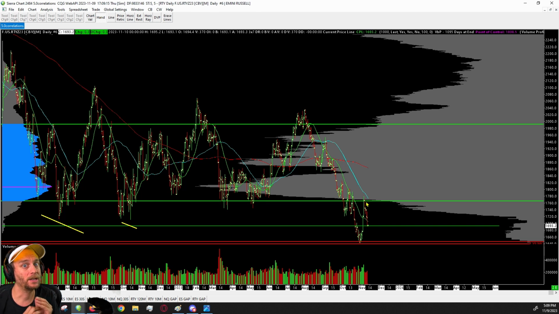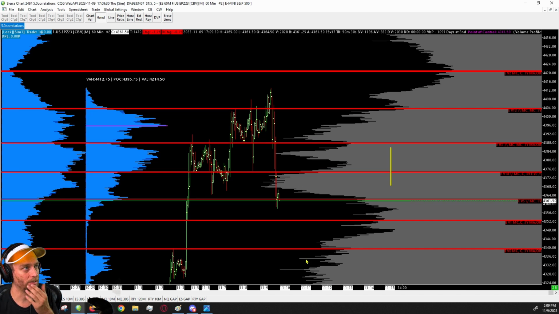Well, ES and NQ are kind of drifting up for a few days, while Russell is clearly pivoting that value area low and dumping. At some point Russell's going to eventually drag the markets. Also, when we look at ES on the 60-minute, because context is important,